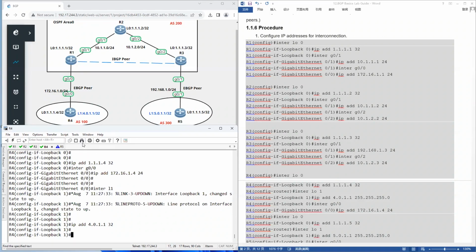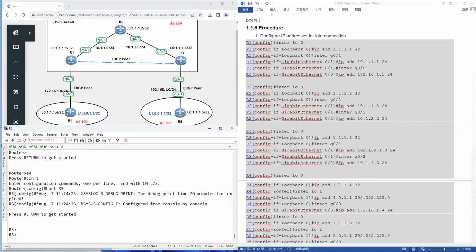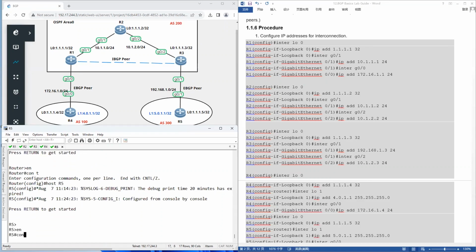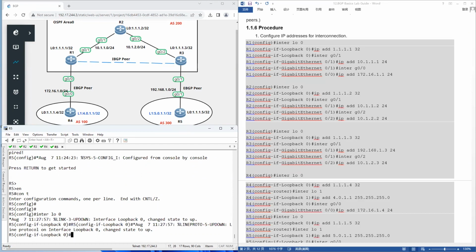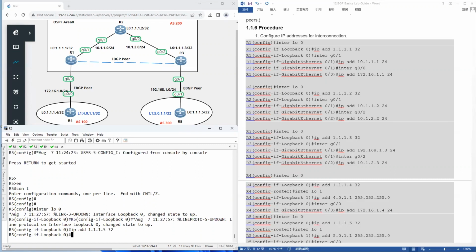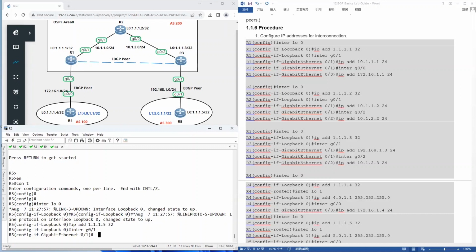Okay, and the last one is for R5. The interface loopback 0, IP address is 1.1.1.5, 32. And another physical interface to connect with R3, the IP address is